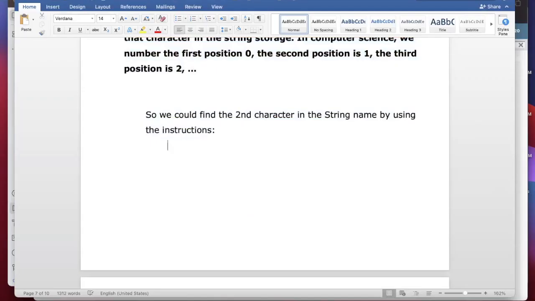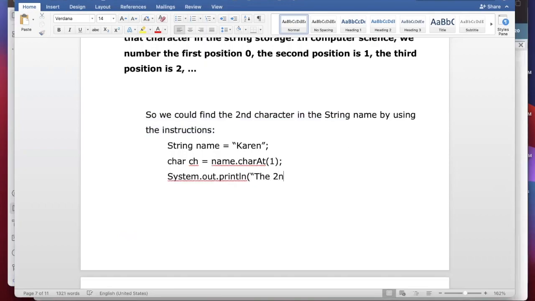So the instruction that we used for that was string name equals Karen, or you can use your own name there. You don't have to use my name. And then we said something like char ch equals the name of my object, which is name, charAt, and then 1. And then I printed it out afterwards by saying something like the second character is